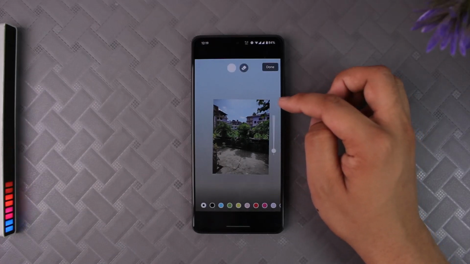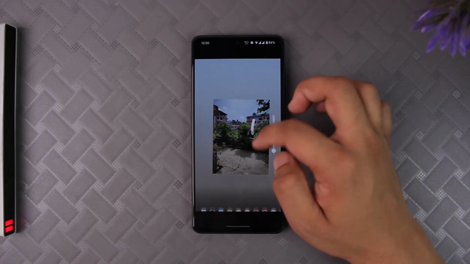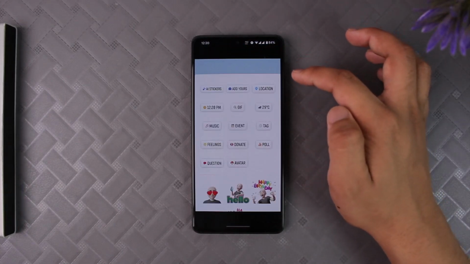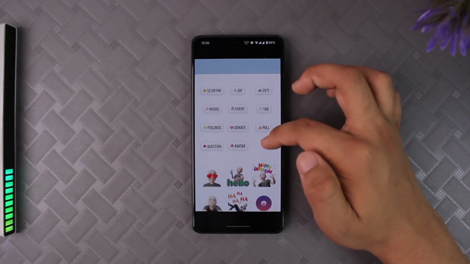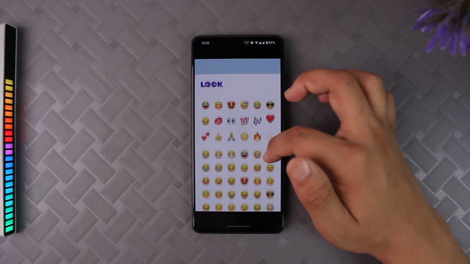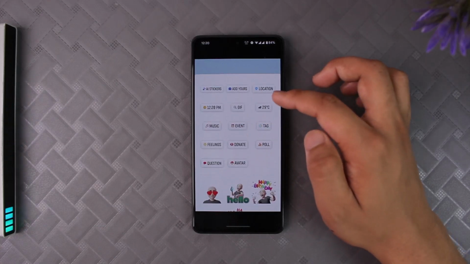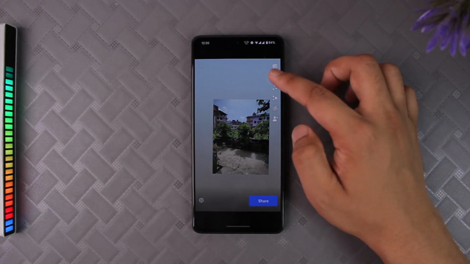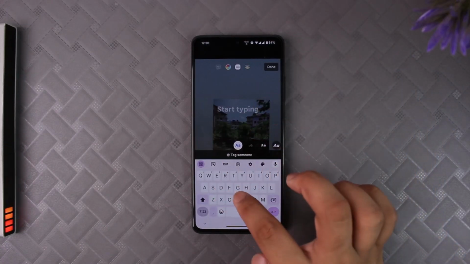So what you can do is here you can see the draw tool and other options like that. So first I will simply tap on this and go to the stickers icon. Under stickers right here you can see that we don't have the option to add a link, right? So what we will actually do from here is we just actually have one solution, and that is to add the link manually. So we can simply tap on this option here and type in